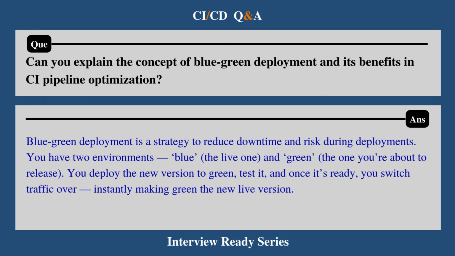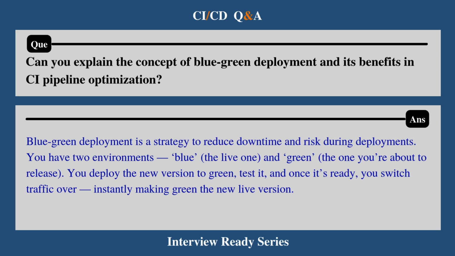Moving on with our next question. Can you explain the concept of blue-green deployment and its benefit in CI pipeline optimization? Here's how you can answer. A blue-green deployment is a strategy to reduce downtime and risk during deployment. You have two environments, blue, the live one, and green, the one you are about to release. You deploy a new version to green, test it, and once it's ready, you switch traffic over, instantly making green